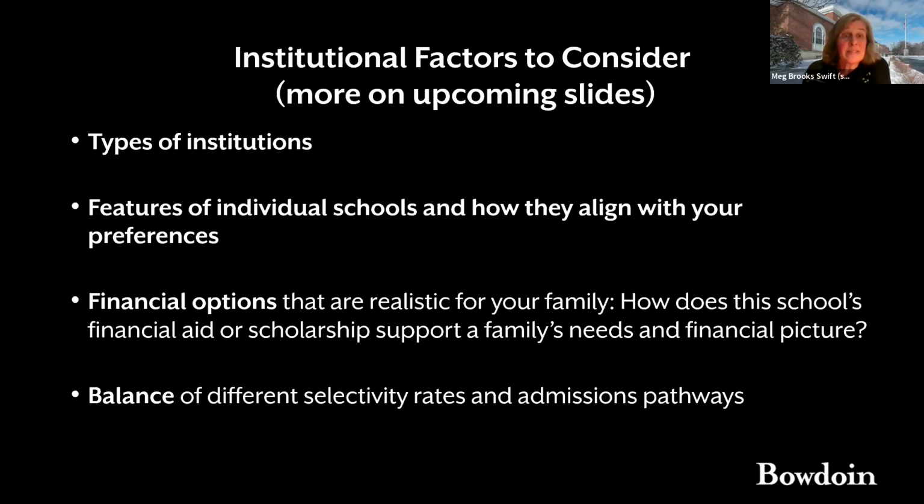They should also have a balance of selectivity on their list. What does this mean? So colleges range from admitting as few as 3% of students to admitting 100% of students. And your student's list should ideally have a range of selectivity rates, from some where you feel fairly certain you'd be admitted to some schools that might be more of a reach. Regardless of selectivity, be sure that any and all schools that are on your child's list are places that they could be excited to attend.